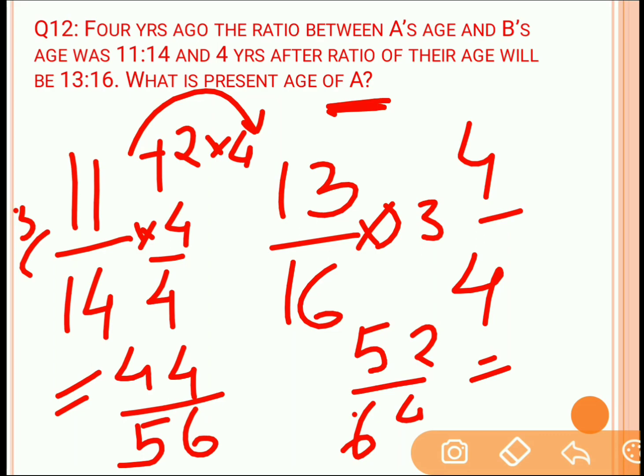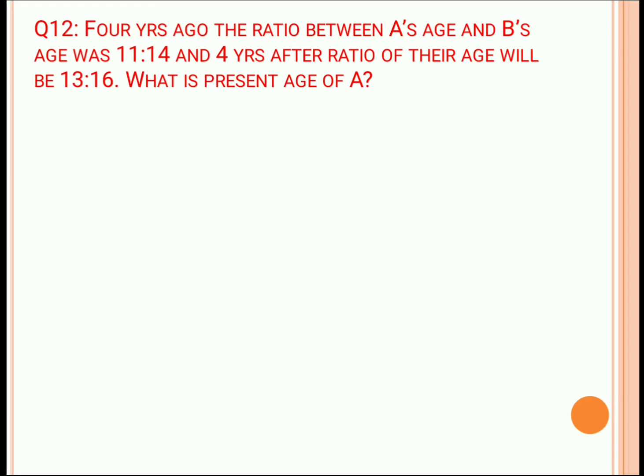So this is how we can find it from this ratio, and from the shortcut method we can find the present age as well as the ages before and after the given data. So this is the short trick. And if we want to solve it with the regular method, then